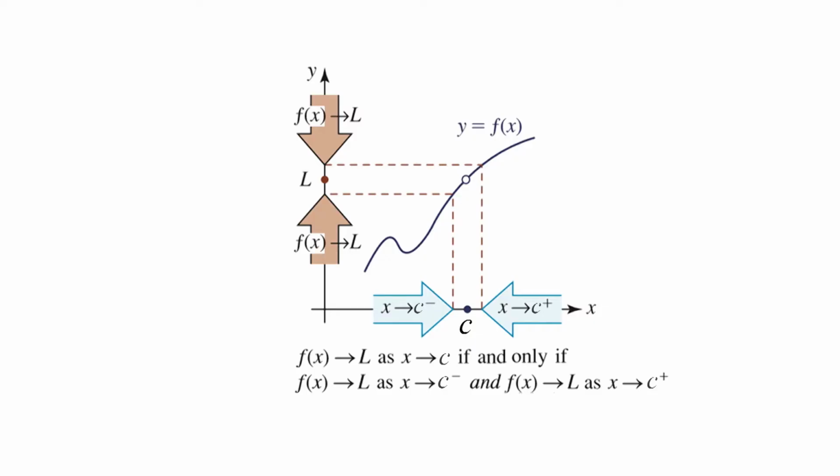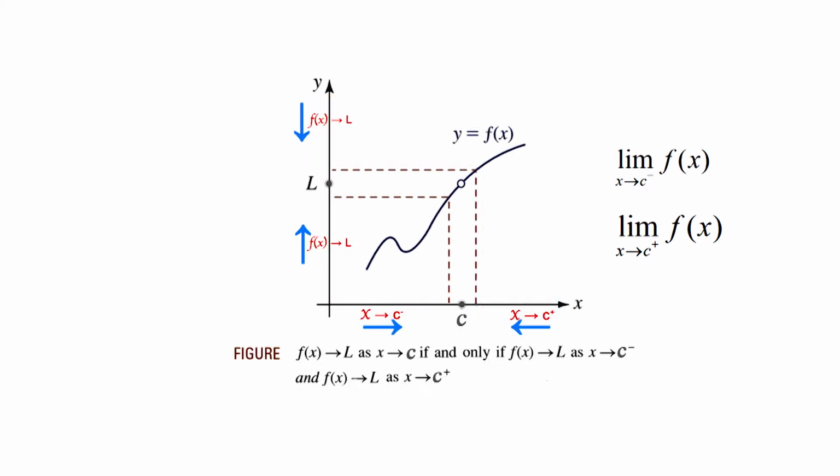We know that for a function f of one variable, there are two one-sided limits at a point c, namely the left-hand limit, limit x tends to c minus f of x, and the right-hand limit, limit x tends to c plus f of x. Reflecting the fact that there are only two directions from which x can approach the point c along the x axis, the left or right.